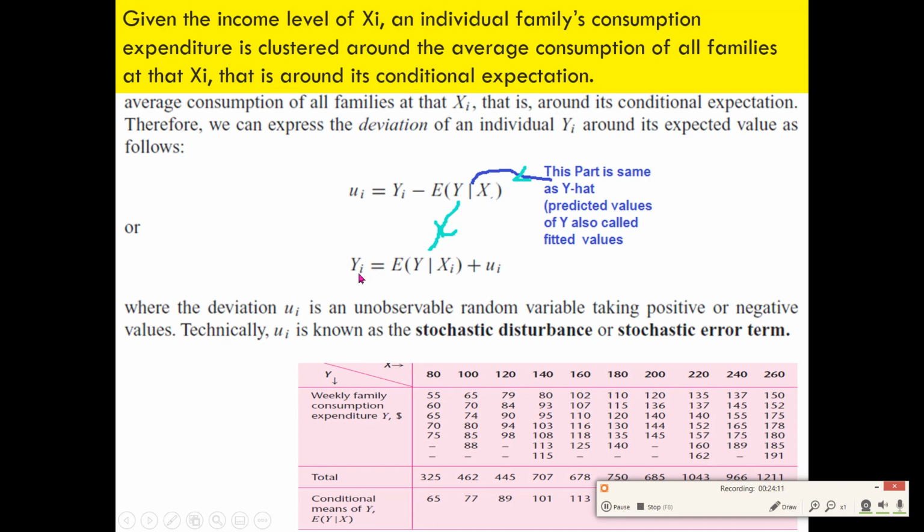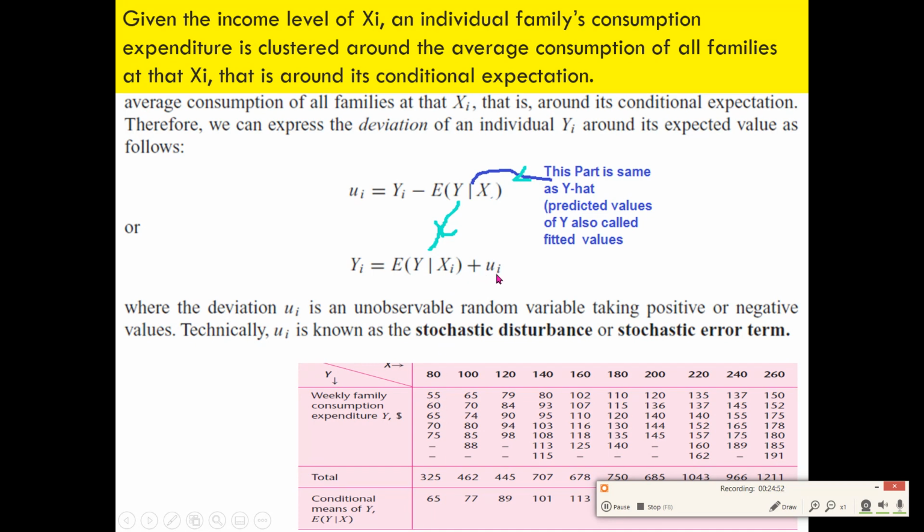If you look at what is meant by clustered around, it means that, for example, if you are a particular family who is consuming $55, whereas the population regression function says that your expected consumption should be 65. That means your conditional expectation is 65. That is, the model will predict that you will consume $65, but actually you won't be consuming 65. You may be one of those families which is actually consuming 55. So that is why